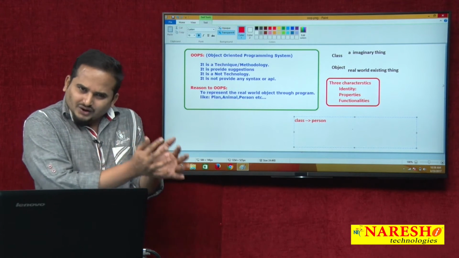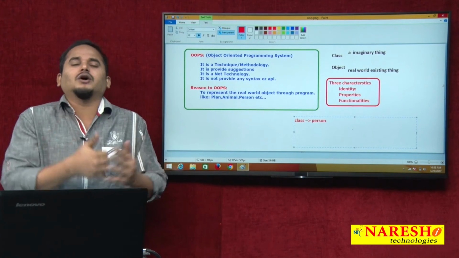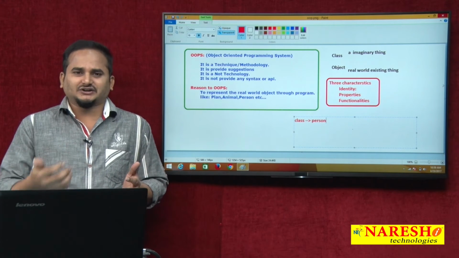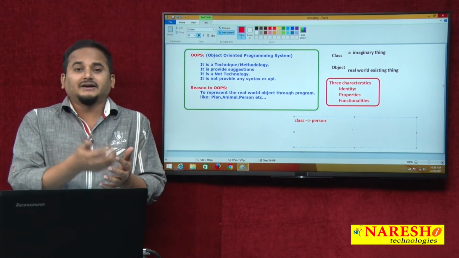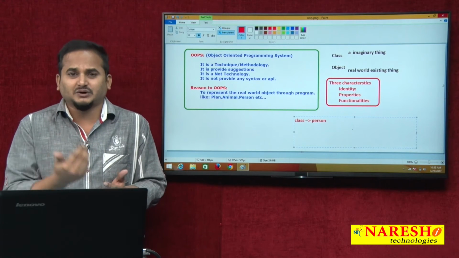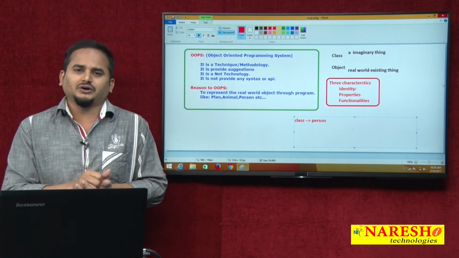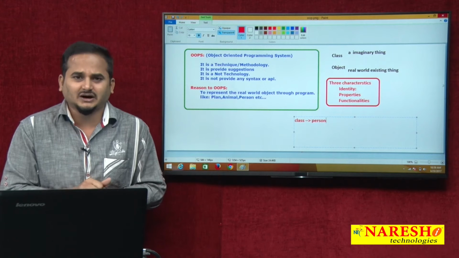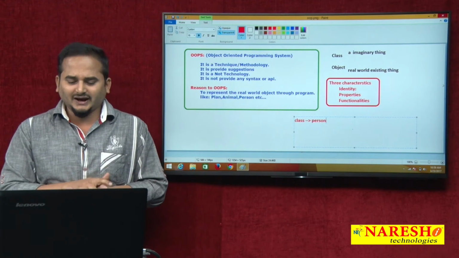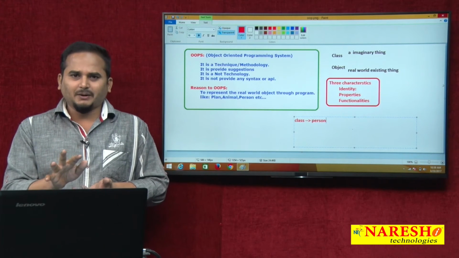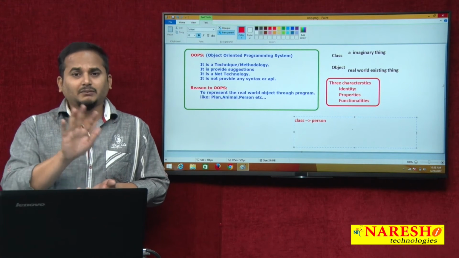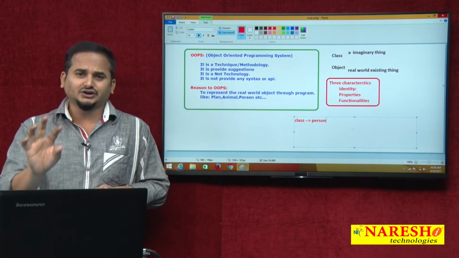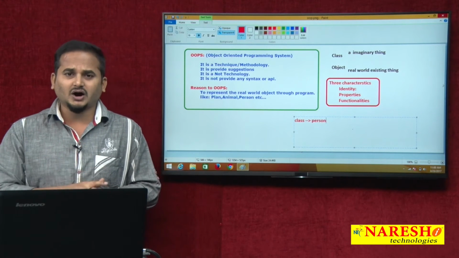No. This is only one technique. The technique is used by different languages. If the object oriented technique is used by C++, then we can call C++ an object oriented programming language. If Java uses OOPS, then we can call Java object oriented. Now I am not talking about any particular language. If we talk about an object in the real world, that object has